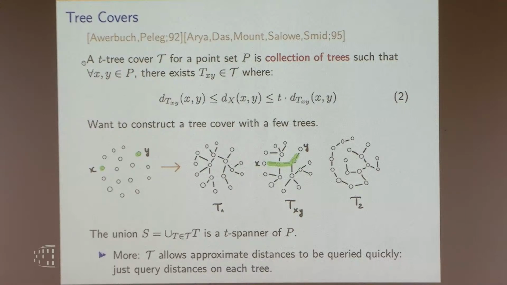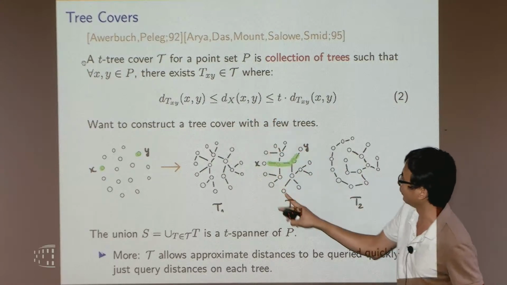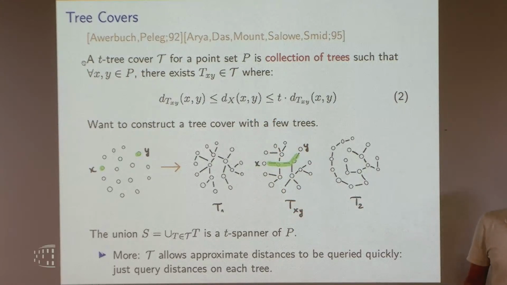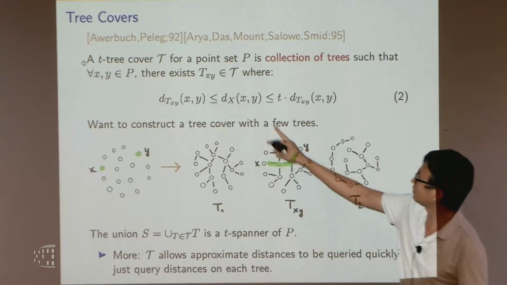Where for every pair of points, there's going to be some tree in the tree cover. I don't know which one, but there exists one. I guarantee you that there exists one. But the distance in the tree,